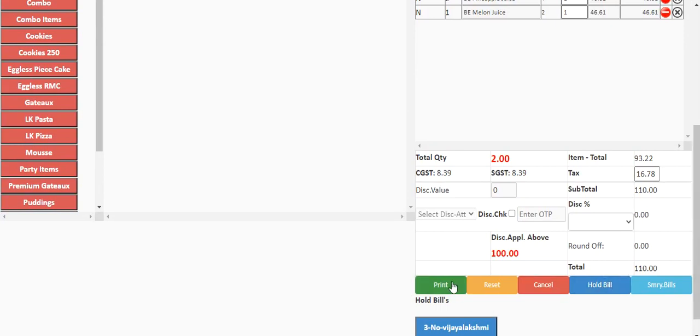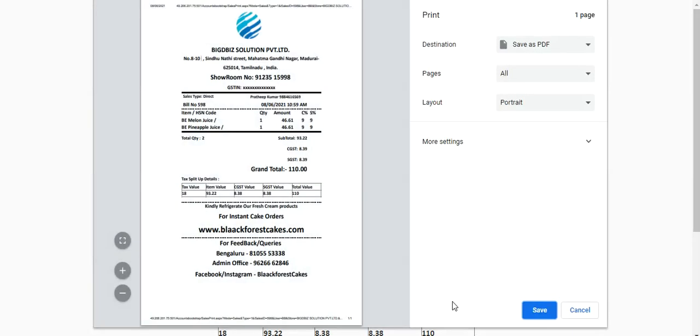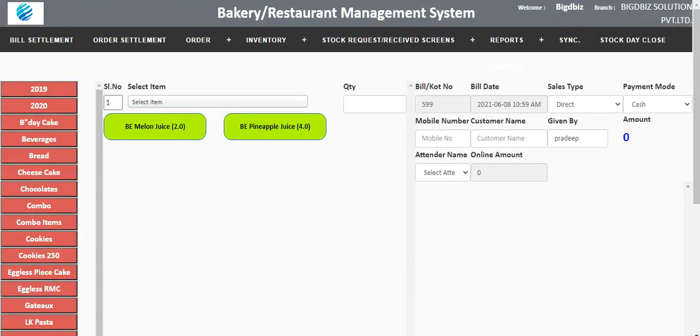Now I print this one. You can see the whole bill has appeared below the previous bill. Now this is the completed bill. You can see the showroom number, name, the bill details, the HSN code, and the GST details, tax split up details, and everything. Anything you want to mention as complementary details, you can mention it here. So once I complete this, the bill has been completed.